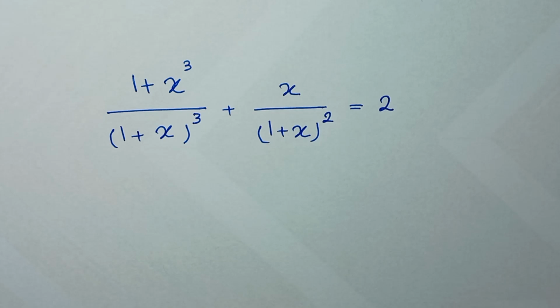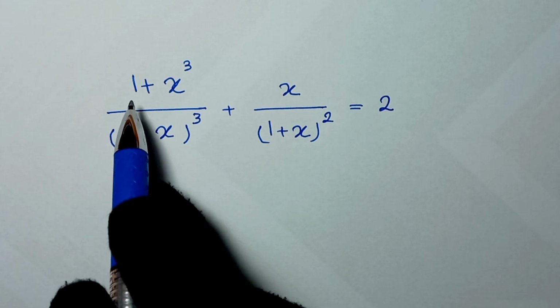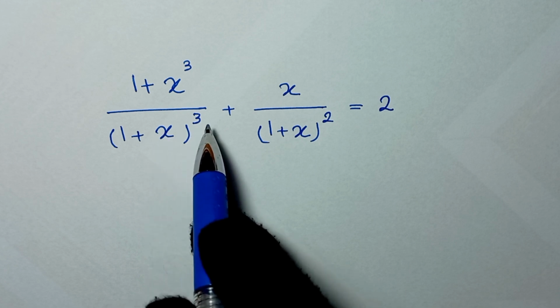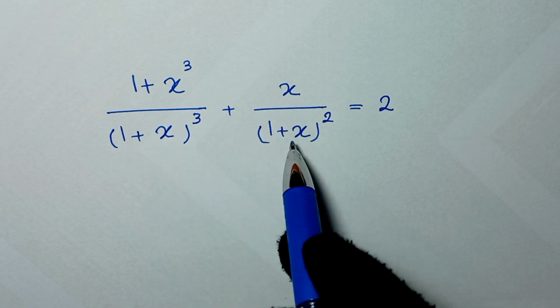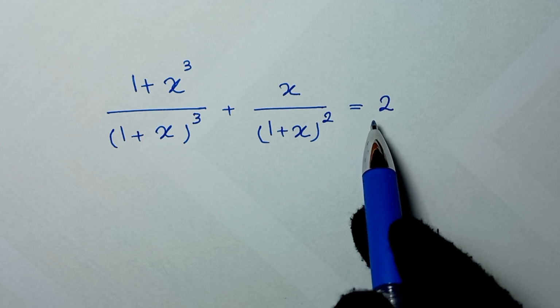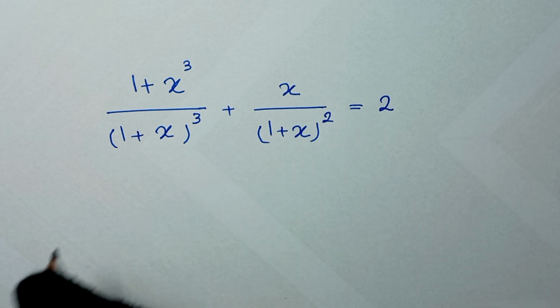Hello my friends, you're welcome to solve this math problem, which is (1 plus x cubed) over (1 plus x to the power of 3 plus x over 1 plus x to the power of 2) is equal to 2. To find the value of x. In the first step,